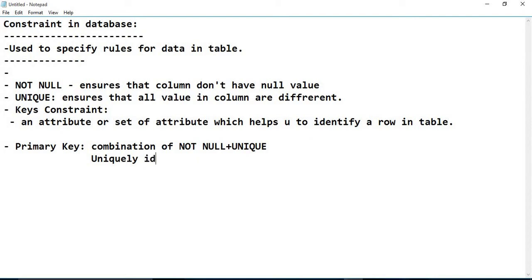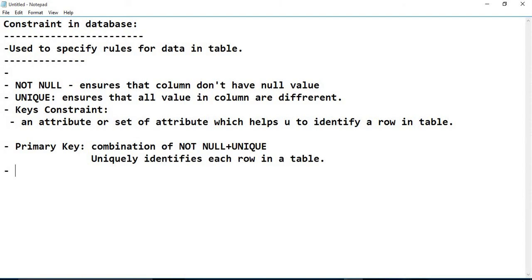So the primary key is a combination of NOT NULL plus UNIQUE constraint and uniquely identifies each row in a table.